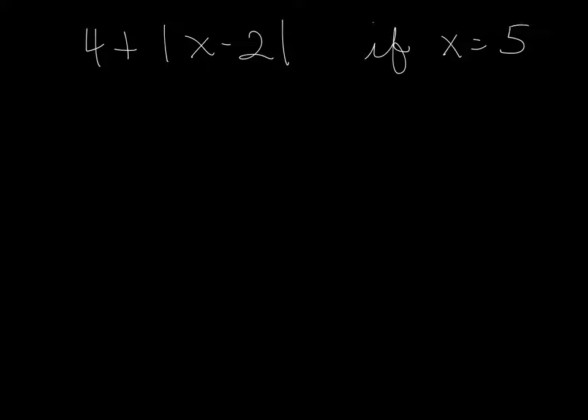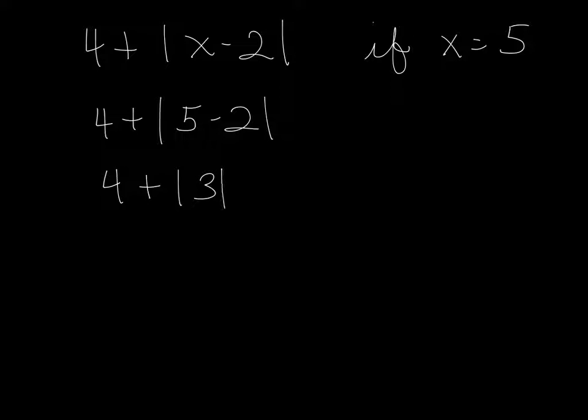For the first example, we're going to use 4 plus the absolute value of x minus 2, and we're going to evaluate this if x is equal to 5. So we're going to replace x with 5 in the expression given. So we have 4 plus the absolute value of 5 minus 2. It would be best to think of the absolute value symbols as sort of like parentheses, as grouping symbols almost, and go ahead and evaluate 5 minus 2